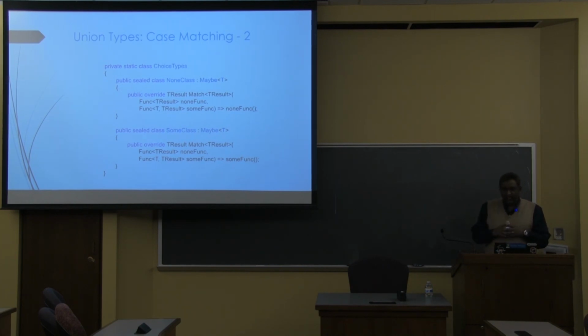So in some sense, we've come to a safe, possibly cumbersome way of dealing with the thing, but it's definitely value-based, and it's definitely closed, and it's definitely compile time safe, as in the compiler will complain if you change the definition of the abstract base class and remove, say for example, an existing option. You will be forced to go and look at all the places in the code that would have relied on that case. So in sum, it's probably a good thing that it's got to this point,